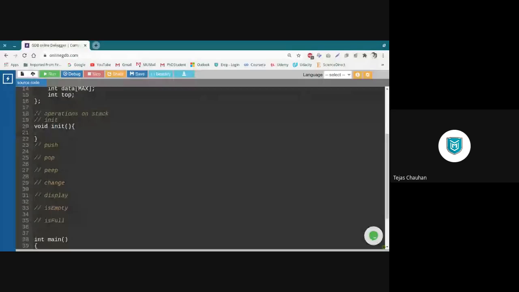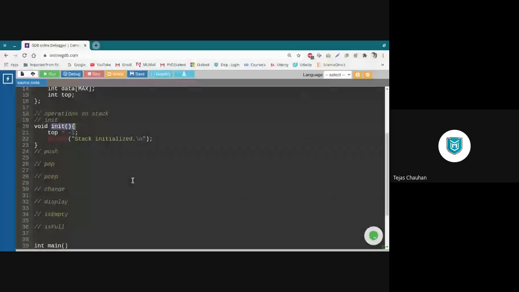And if you remember, in the initialization part, what we do is we initialize our top with -1. Okay. And just to give an acknowledgement, let us have a printf statement, just a printf statement, nothing else, for the acknowledgement part. Okay. So we have the init function here.